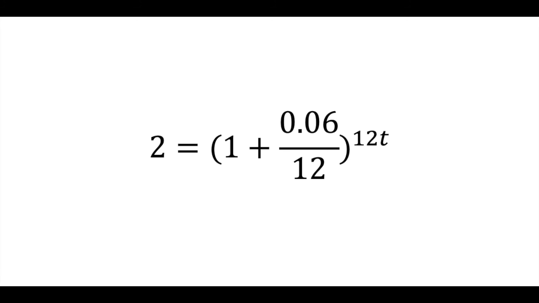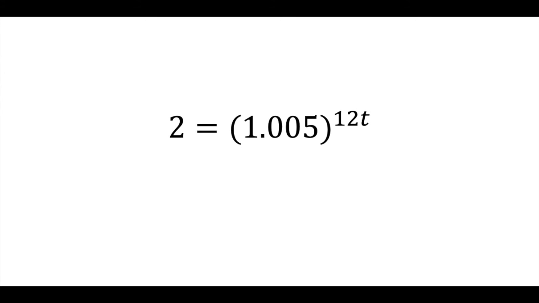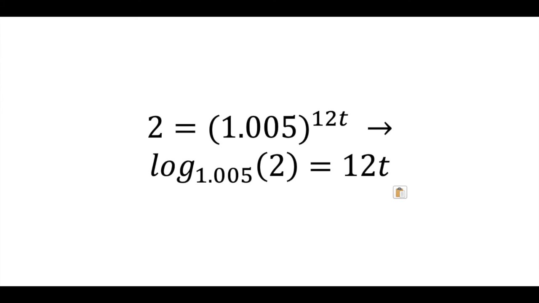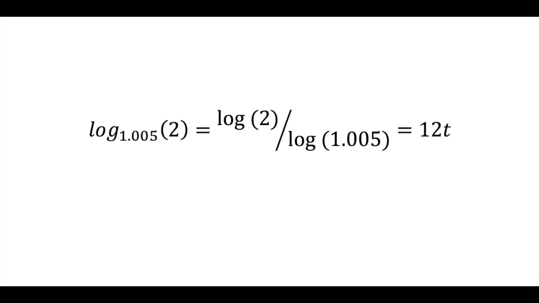First, we can simplify the 5,000 out from either side. We only really want the multiplier, 2, as a result of these operations. 2 is equal to 1.005 to the 12t power. So our base is 1.005, our result is 2, and we are finding the exponent. 12t is equal to log base 1.005 of 2. Since it's unlikely at the least to have a calculator button preset to log base 1.005, we can instead take log 2, that's log base 10 of 2, over log 1.005, and the answer is